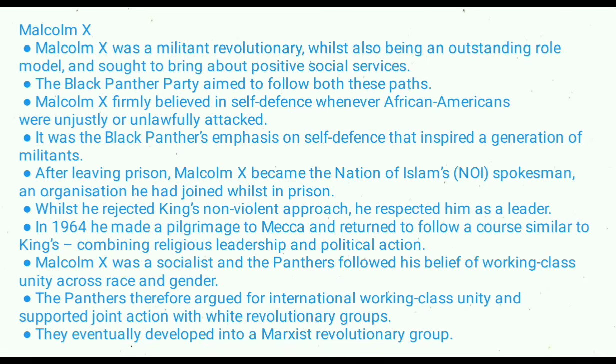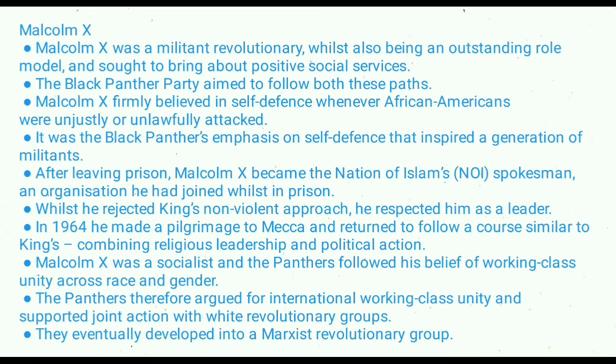After leaving prison, Malcolm X became the Nation of Islam's (NOI) spokesman, an organization he had joined whilst in prison. He rejected King's non-violent approach, but respected him as a leader. In 1964, he made a pilgrimage to Mecca. Mecca is in Saudi Arabia, guys, in case you didn't know, and he returned to follow